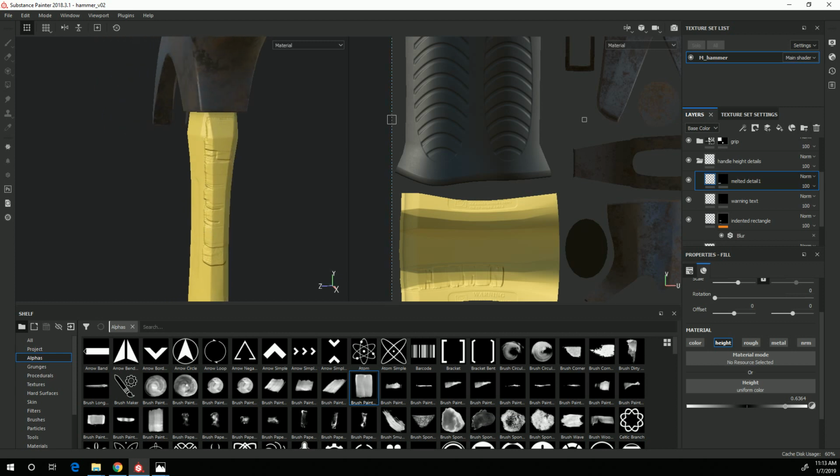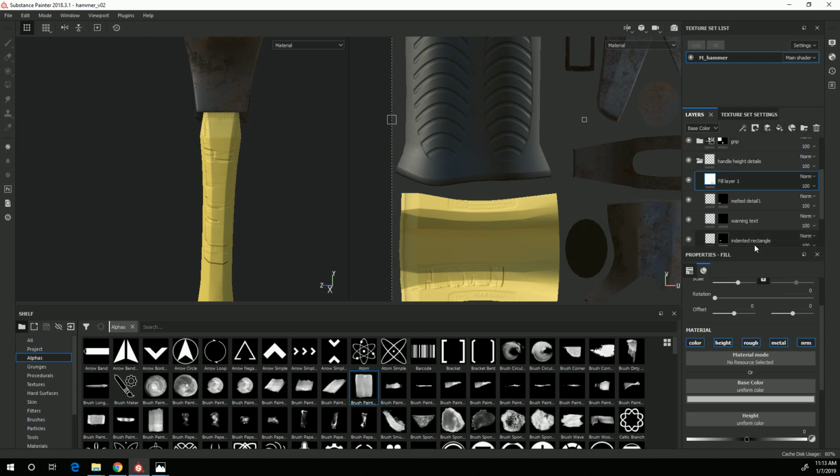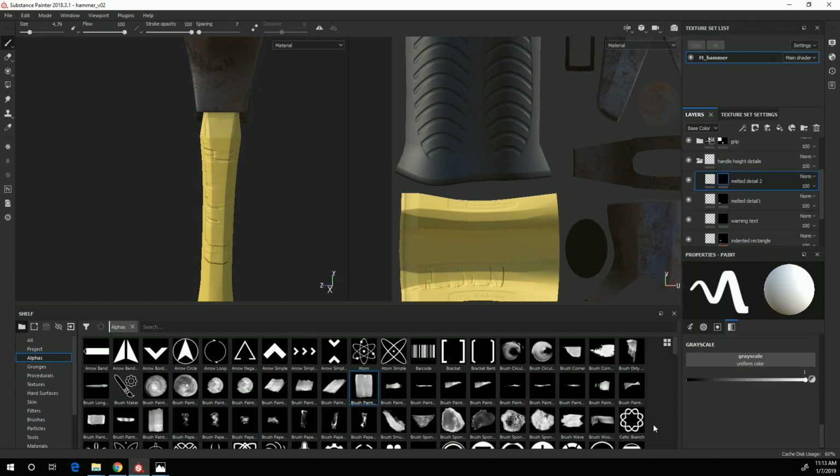Then there's all these smaller lines on here. So I'm going to create another fill layer. Again, just have height turned on, have it be indented a little bit on this one, and call this melted detail 2. Right click, add black mask, and start using a bunch of these different alphas on my brush to create some of that indented detail. So for instance, if I choose this alpha, rotate it around, make it a little bit bigger,